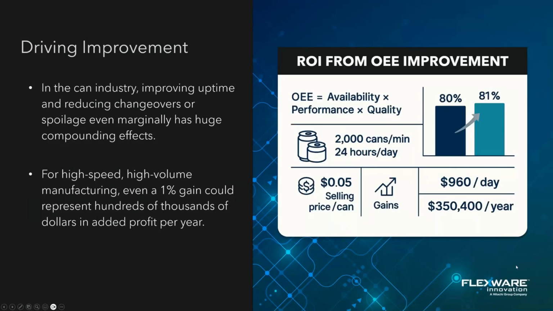So in this graphic here, again, we're using the packaging or can making industry as an example, because it's such a high volume, high speed environment, and it makes for good math equations here. So your goal is to create 2,000 cans per minute. You've got 24 hours in a day. If each can is 5 cents a piece and you increase your OEE score by just 1%, you can see how that can result in over 350,000 in increased profit per year. So it's just this 1% gain that can result in a lot of